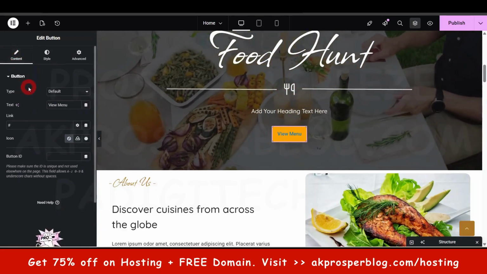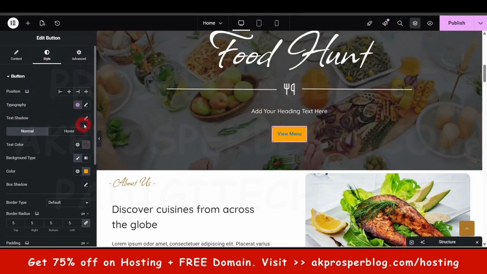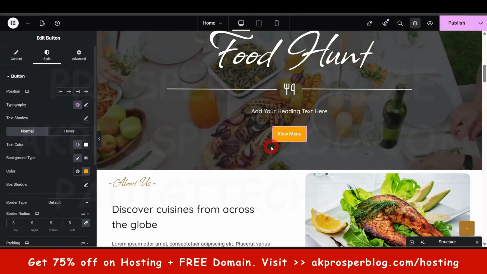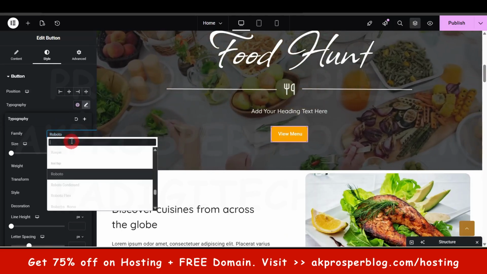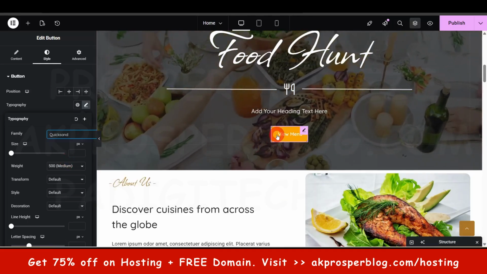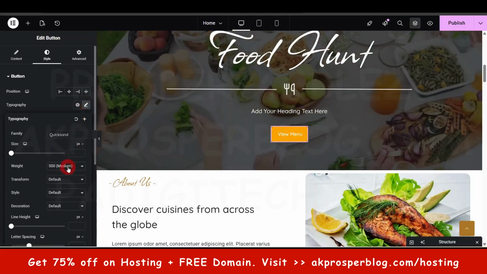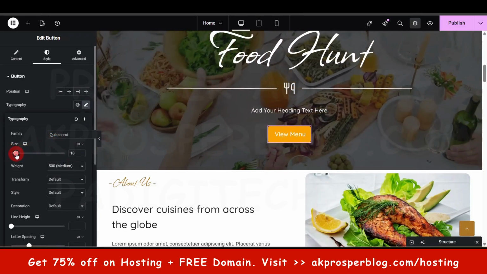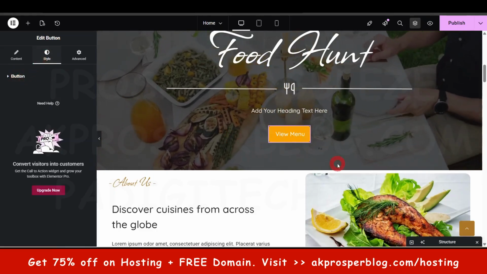Under content, for the button also, text shadow, we don't need the text shadow. Now for text color, okay, it is white. So I can click here, change it to white. If you also want to change the font, Quicksand, I think that's what was used. Okay, so if you want to do the typography, you can increase the weight and everything, the size. Okay, so right. Now we want to, like I said, do the hover effects for the